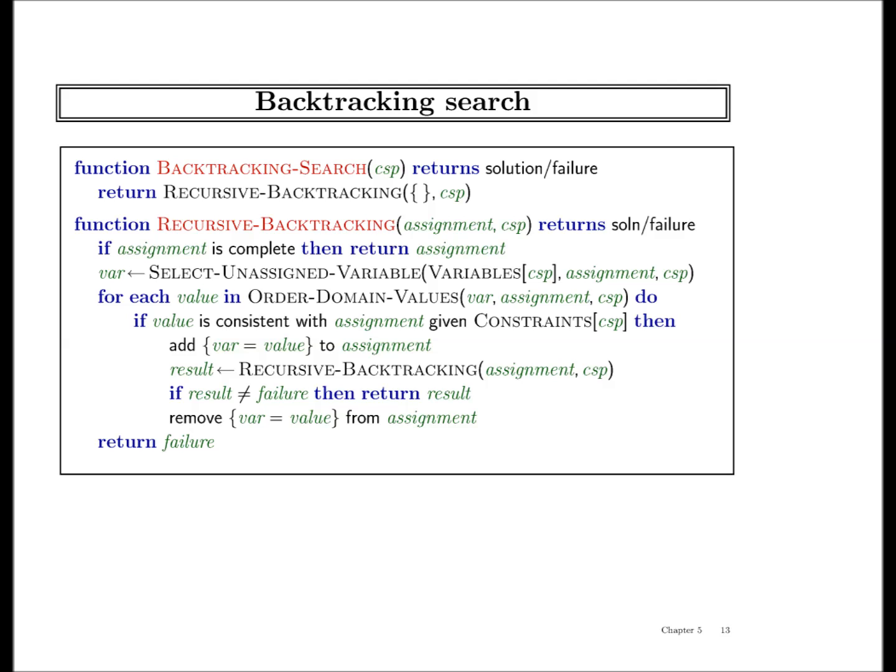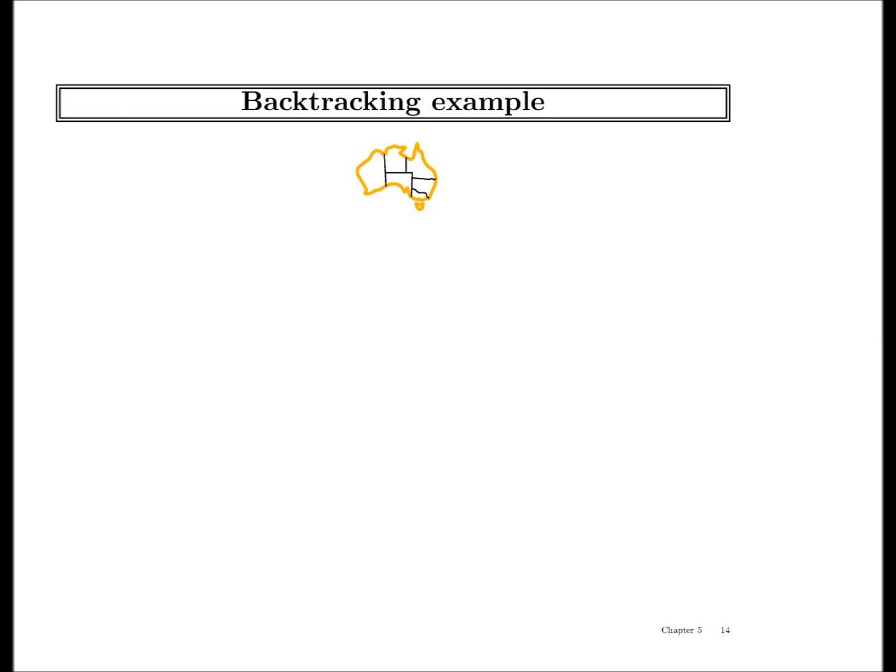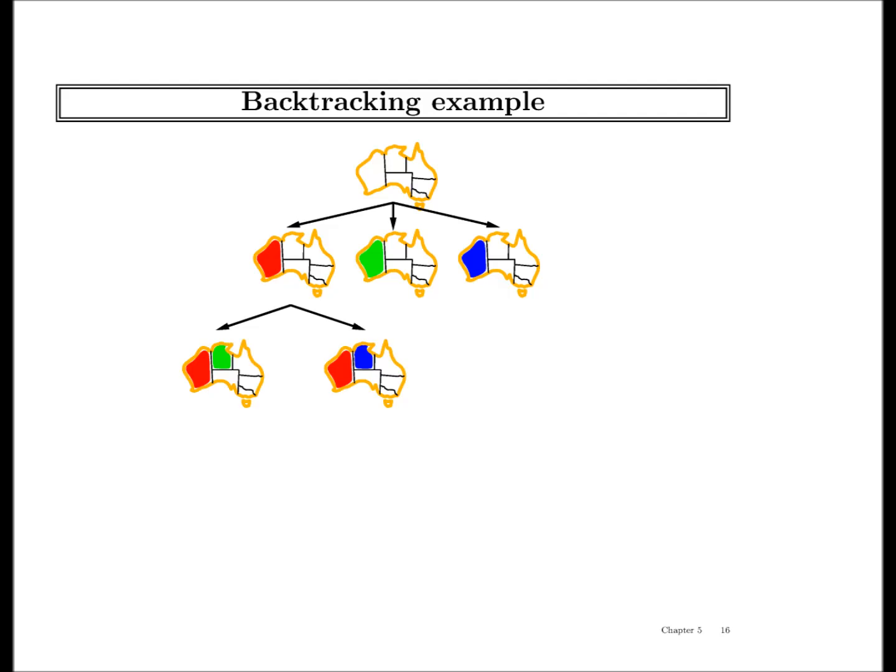There are many interesting questions, but before we do the questions, let's just make sure that we are on the same page. So this is our initial state. Let's suppose we choose Western Australia first. So this is how our search tree looks. We are doing depth first backtracking search. So let's say we go left, then we pick the next variable. This is my search space now. Let's pick the next variable, maybe this one, or maybe this one. We keep going left, and then if we don't find a solution, we come back and try other branches. So this is depth first search. This is the search formalism for this problem.